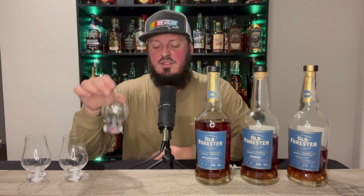So as usual, we have different stickers on the bottom of each glass. What I'm going to do is have my wife come in. She's going to pour them and write them all down on our piece of paper here. I already have them labeled. She just needs to put the color next to them. That's how we're going to keep it as unbiased as possible